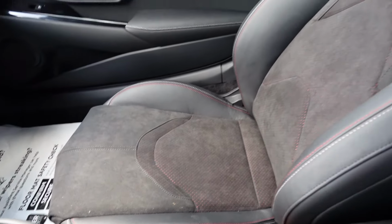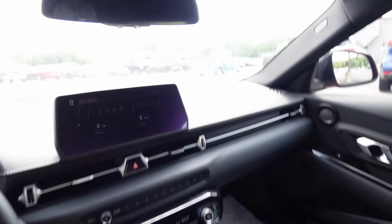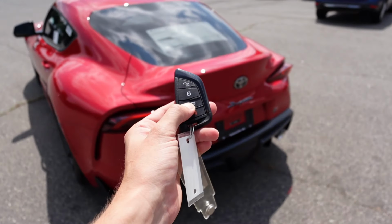One last look at the interior. Again, I love the base seats. They just look so cool. And then we also have your glove box with a decent amount of storage space and a frameless mirror with garage door buttons. Taking a look at the cargo area, you can just hold down the trunk button on the